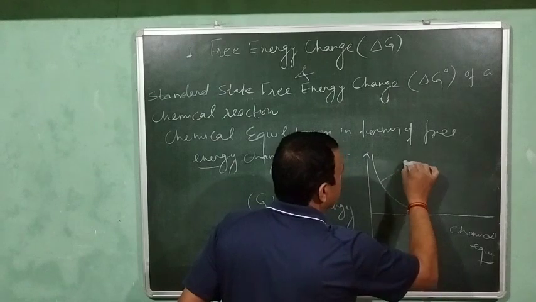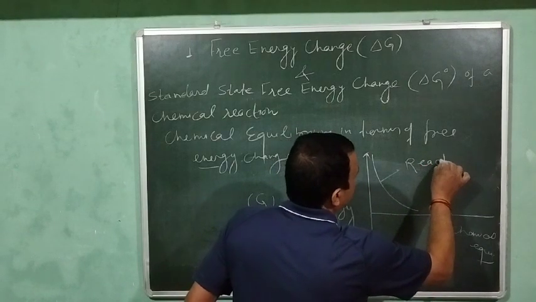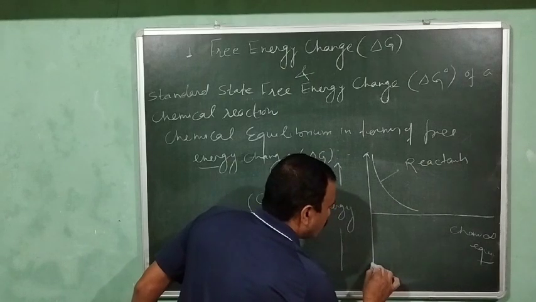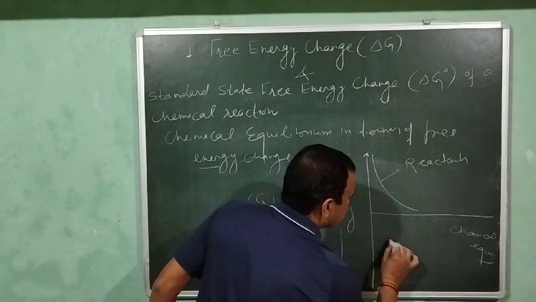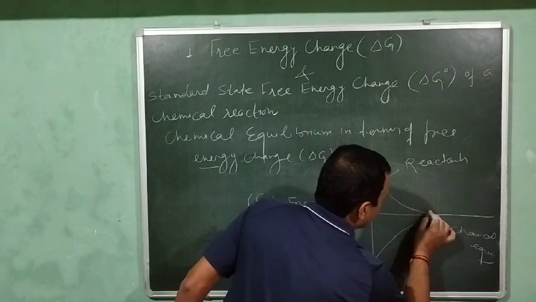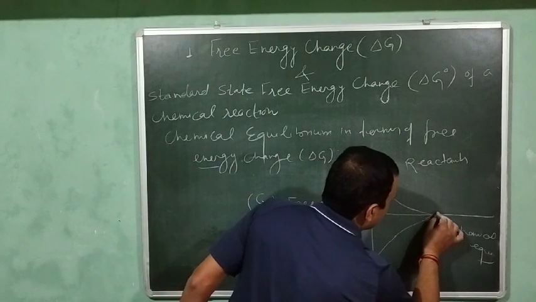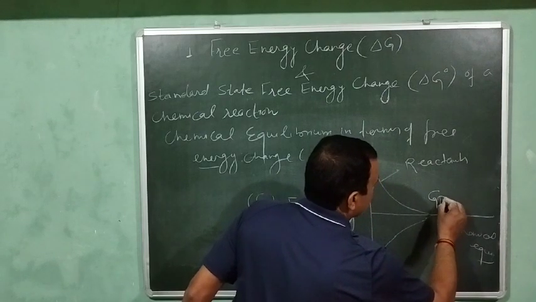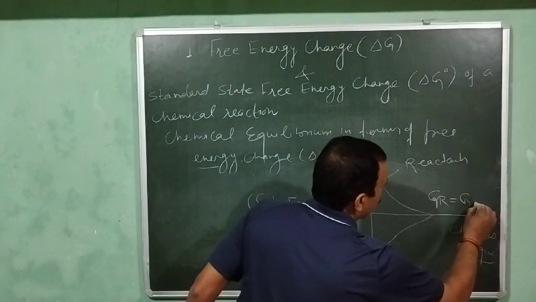So here I am representing reactants. Okay, and the free energy of the products will increase as their concentration is increasing. And at equilibrium, okay, at equilibrium the free energy of your products and reactants will become equal to the